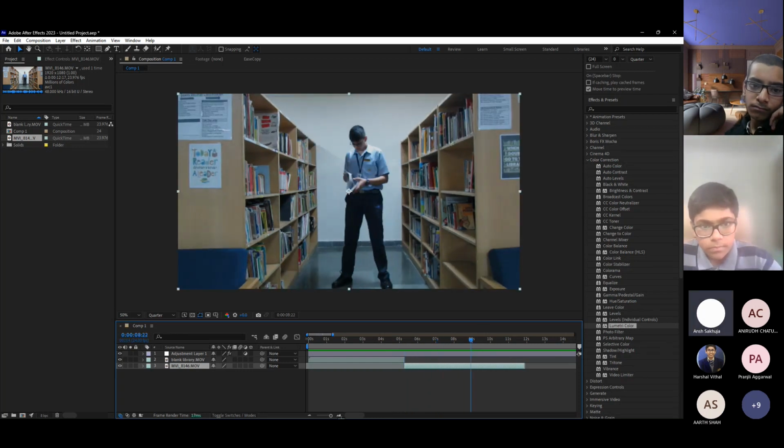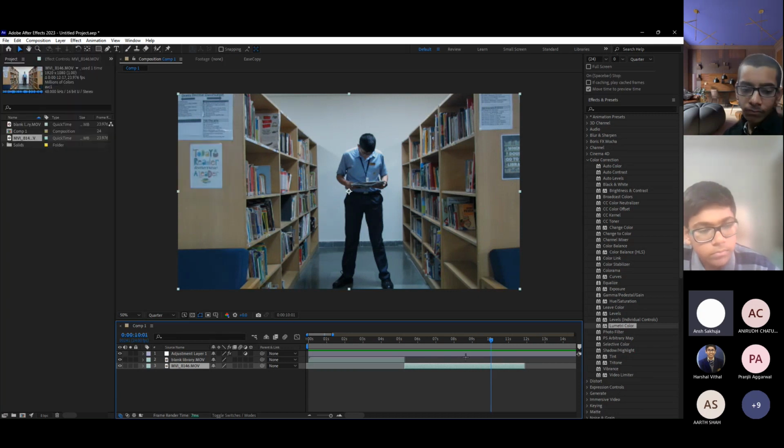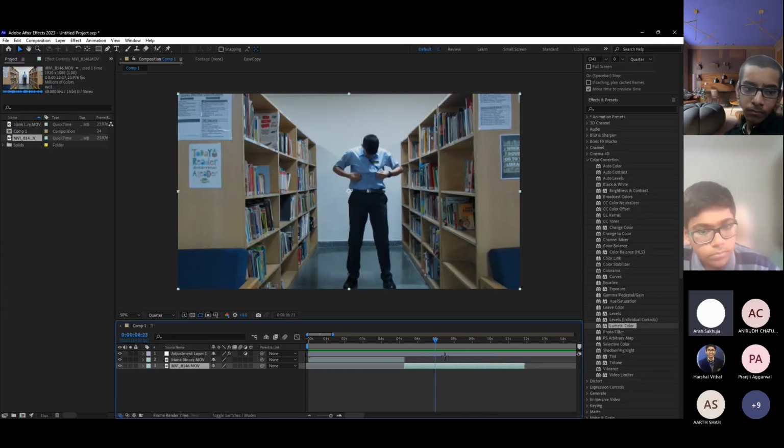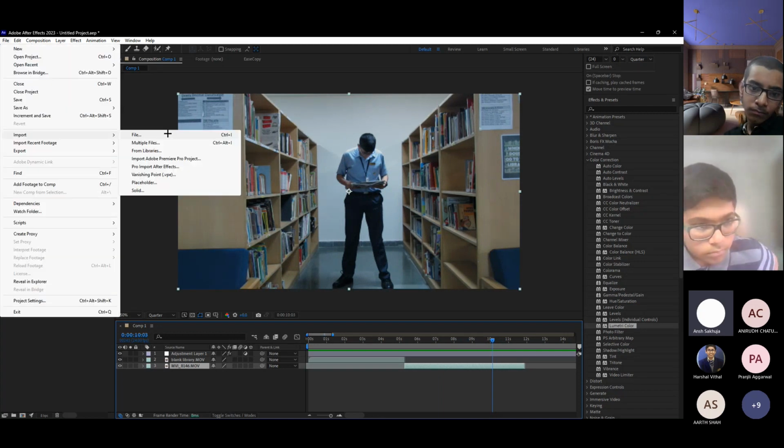Now for the next part, I'll add another file into it. One second. So basically we took another shot, a close up of the newspaper. So here he opens the newspaper, and if I import that file,